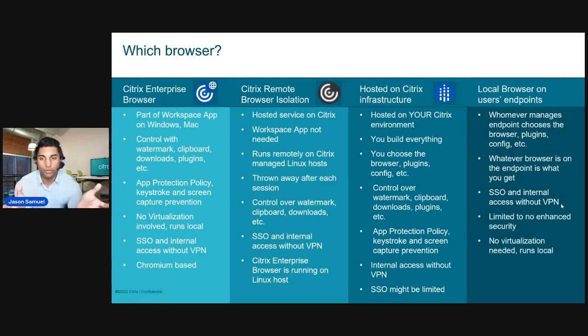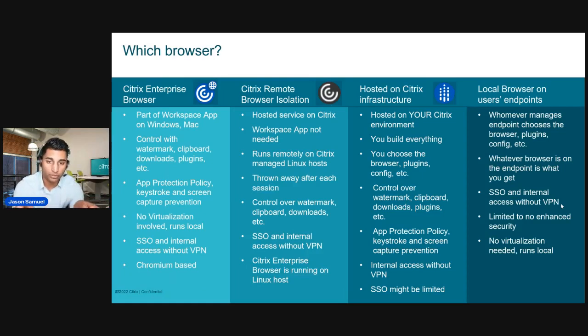So, why am I going over browsers right now with Web Studio? Well, if you think about it, published applications, we browse and desktops, we do those through Web Studio today. The question is, would you like to see it be easier to also publish web applications within your organization? Again, Studio is the nerve center. The Web Studio is both on-prem and in the cloud.